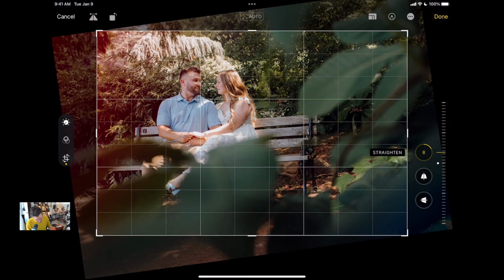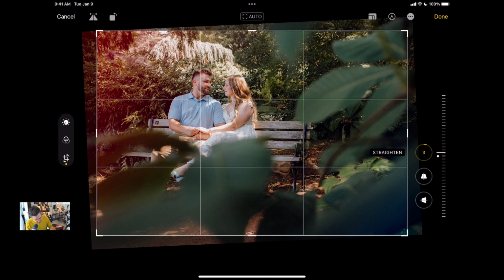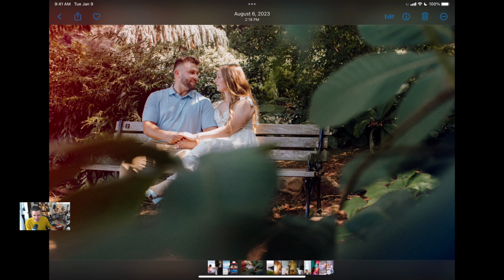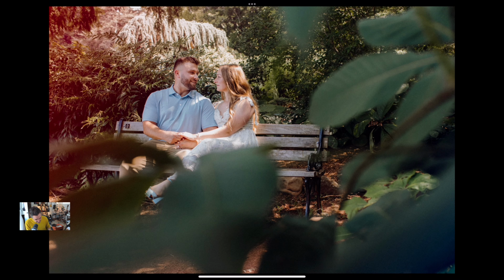So let's do that. Obviously you're at an angle with the bench, but anytime you have really dominant leading lines, like what you see in the bench here, I would highly recommend making sure it's not too tilted in one way or the other. So just a slight crop. I like how you're using the